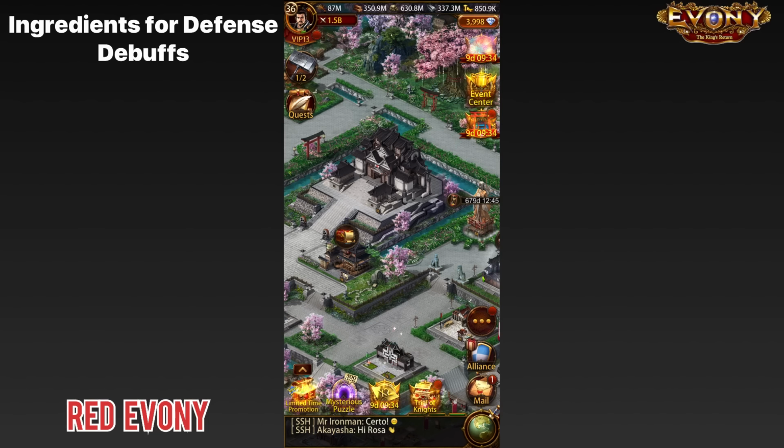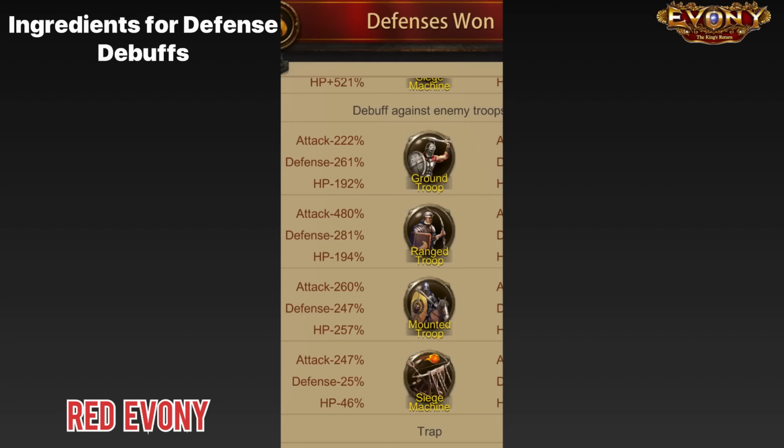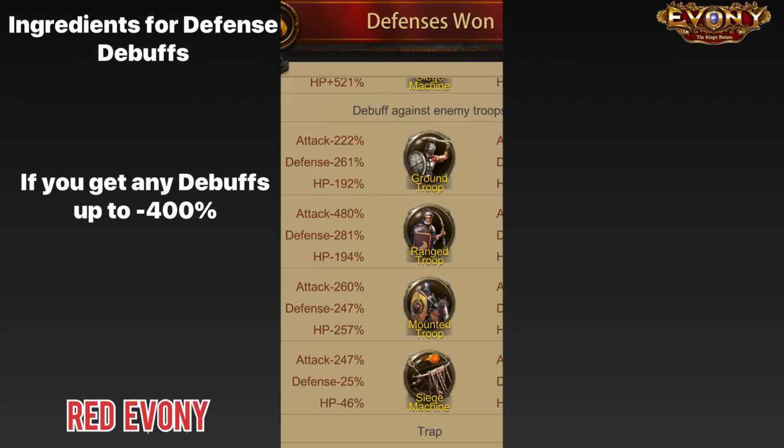Regarding having a specific focus or reference point when it comes to debuffs, if you are able to get any of your debuff stats up to 400%, you're in good shape. You'll still have work to do on improving your debuffs, but at this point, by no means will you be